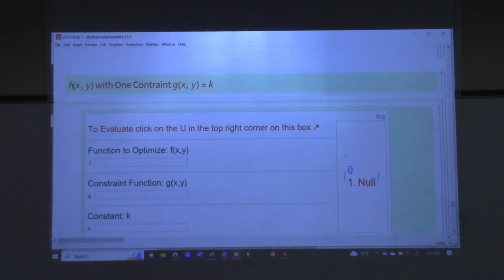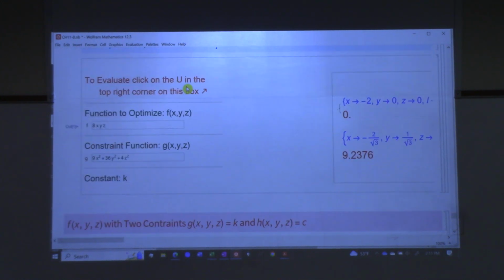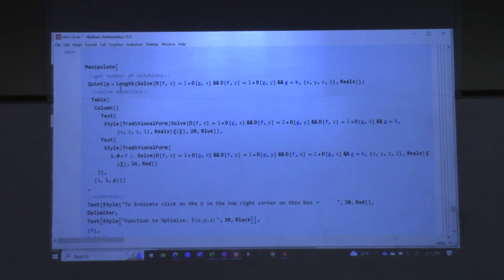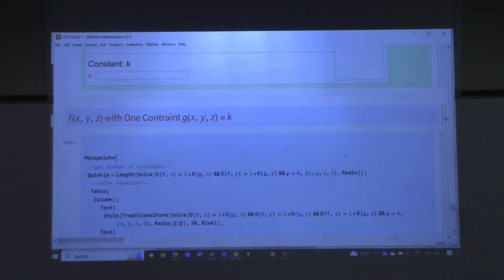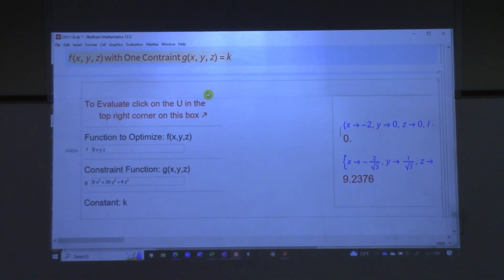You look here and it says, okay, do we have a function of 2 variables with a constraint? Is that what we have? 2 variables and a constraint? No, 3 variables and a constraint. That's the next one down. Oh, I left my code open. Okay, all right, so here's what you do. Let me close this. If you have a function of 3 variables with a single constraint equation, then the first thing you do